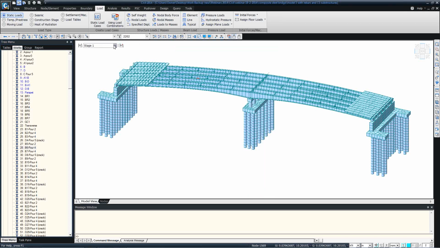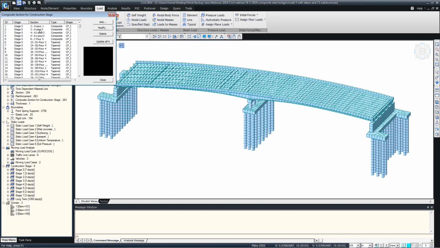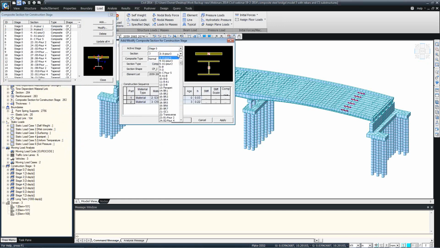Why I've named them differently? Because when you're assigning the parts, when you're differentiating which is steel and which is concrete, for example here, you can actually say girder number A, pour 3, you want to activate steel in stage 0 and activate concrete in stage 3. Whereas for some other member, say pour 5,